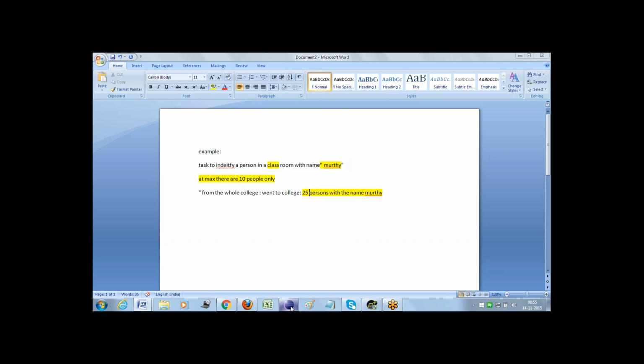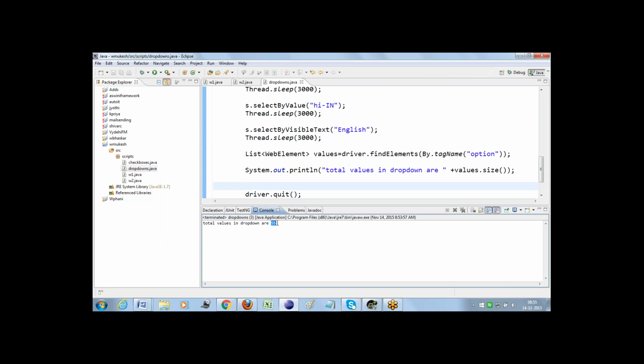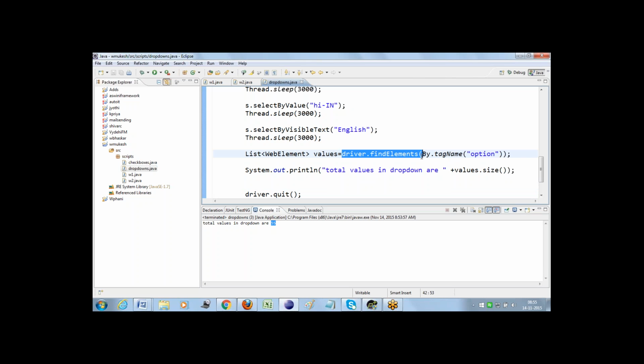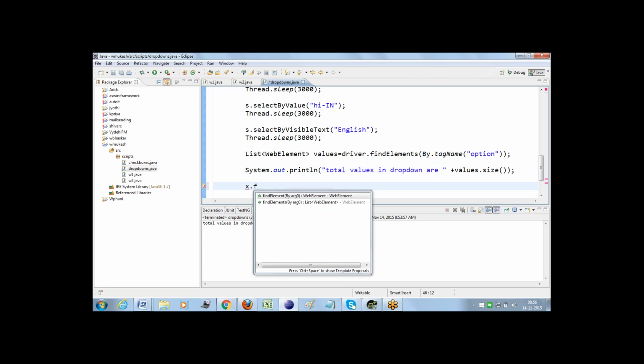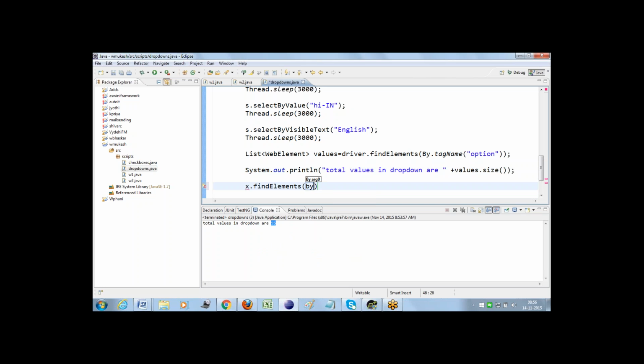The same way, if you observe, the drop down count returned as 55. The reason is here we are asking our WebDriver to identify all the objects present in the entire web page. My intention is to identify the objects at the drop down location, right? So for the drop down we have created X as a web element. From X, identify the objects by tag name as option,